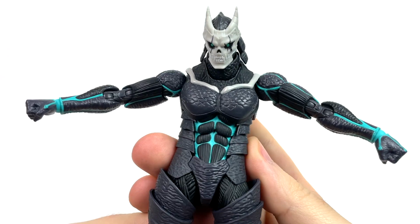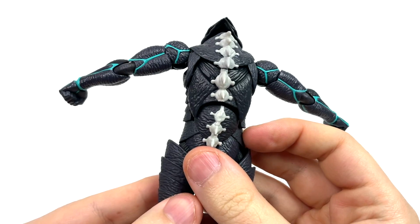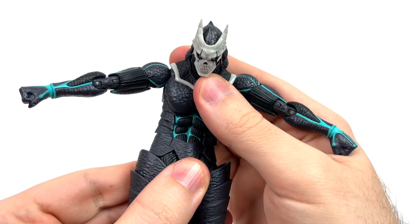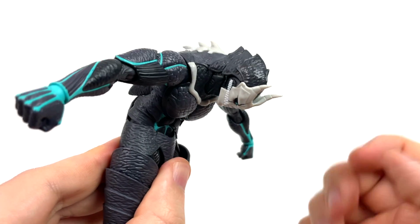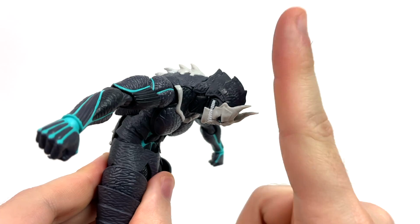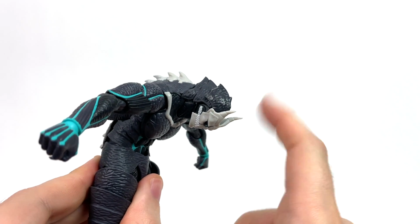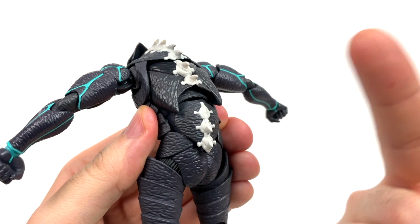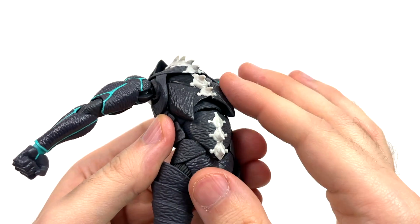And now for the chest and the back. So we're gonna get a ball joint, ball joint, ball joint. So we'll be able to bend down very, very far, as you can see, but we'll also be able to bend back, but oh, take a look at this sweet bippy over here. You see how when you bend him forward, you get a gap, kind of like what happens with SH Monster Arts. Well,